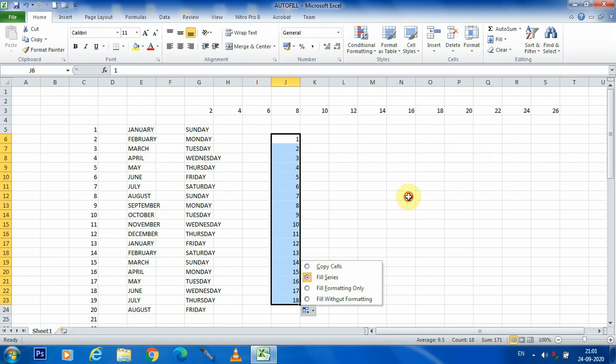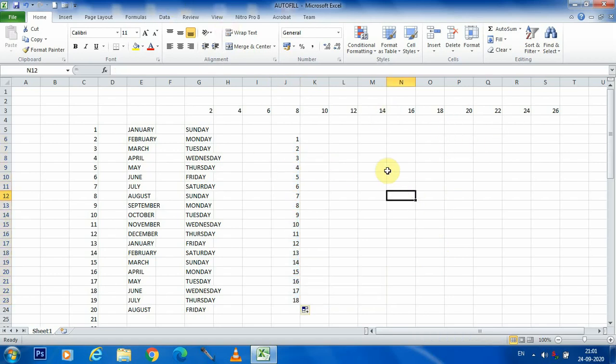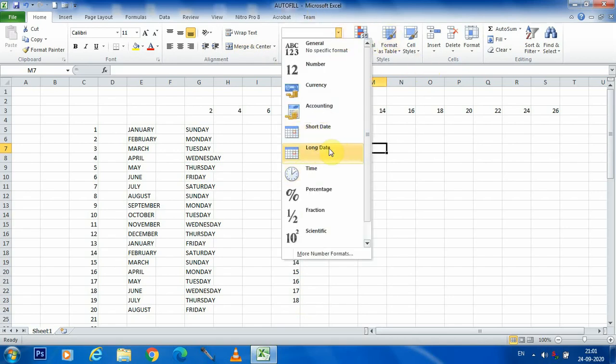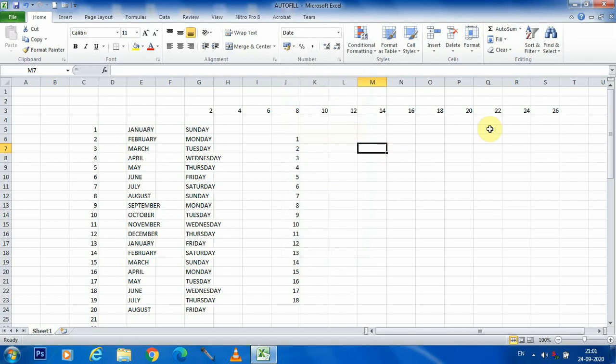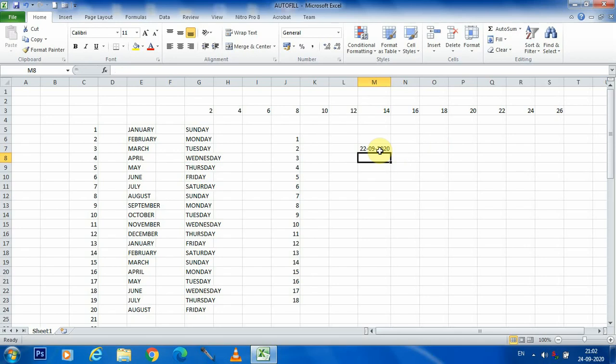Okay students, and now I am going to use a date here. You can do this also. So, a short date, I am writing here 22/9/2020, and now I am going to use the autofill option. Up to here you can see it is automatically copying the cell.